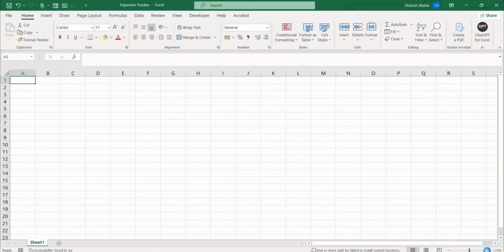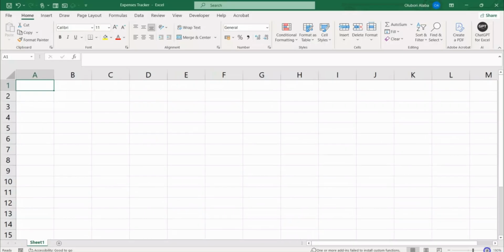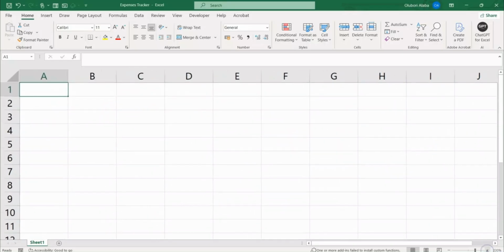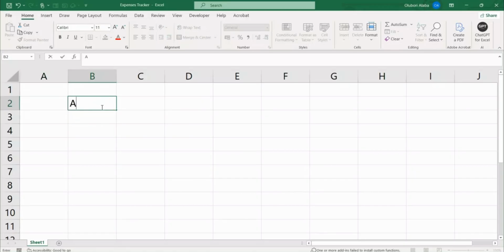Now the next thing I want to do is to zoom this to around 250, as the case may be, depending on the size of your screen. And after that, let me have my entries. I'm going to enter my basic entry. Yeah, I'll start from